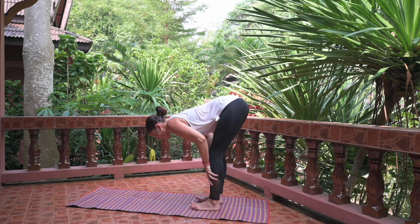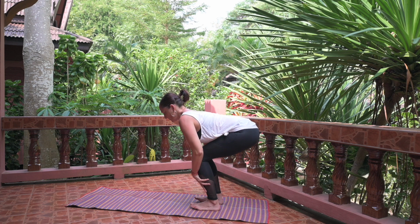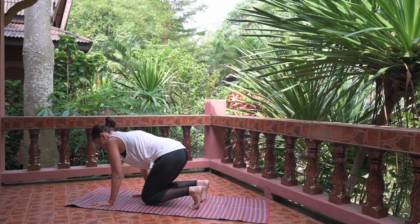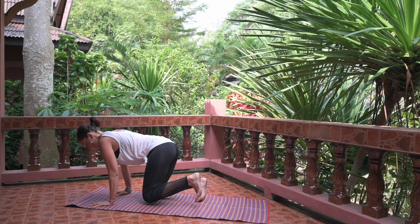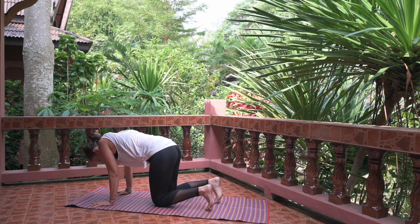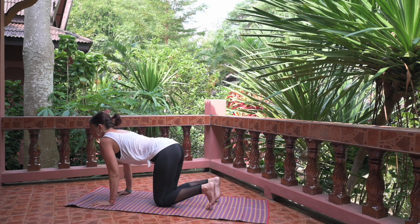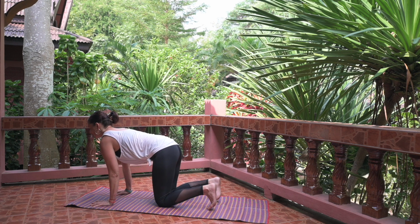Next inhale, hands on shins. Bending the knees, lowering the hips slowly. And as we exhale, we're going to find the floor coming into hands and knees. Tucking the toes, adjusting knees and the hips and hands and the shoulders. Feeling the spine, finding this